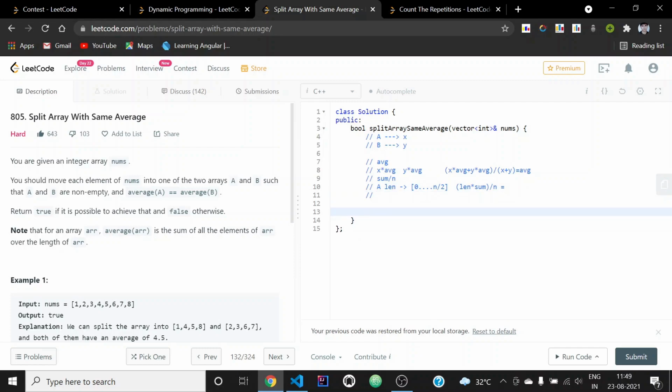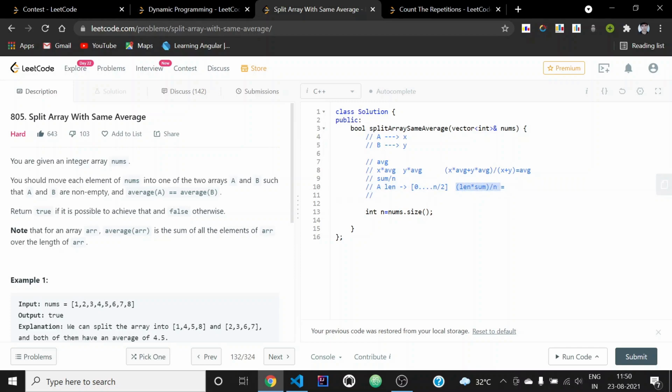So first of all, we will be storing the size of the nums set, right? And another thing, we can first check whether it is possible to find a length or not. We will be checking this condition whether there exists any length such that length into sum mod n is equal to 0 or not. Just after we get some length, we will be checking whether there exists some combination in the array so that those many elements in the array are able to form a sum given by this expression.